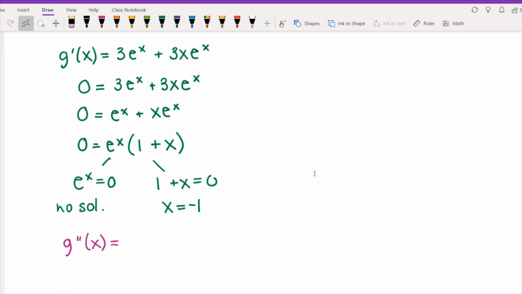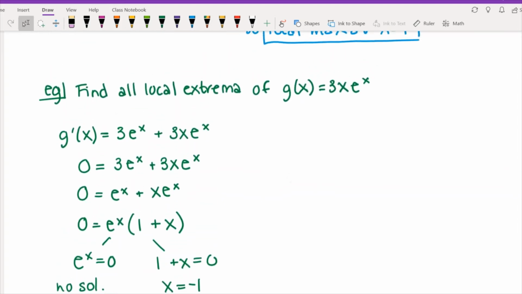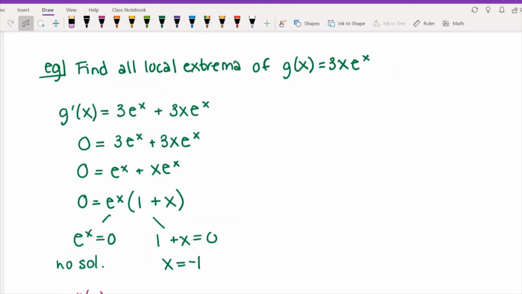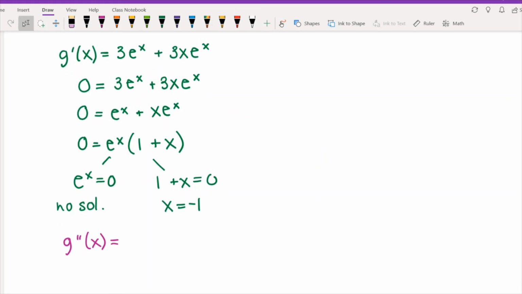So we did a derivative similar to this last time. We'll see again, I just think it's kind of interesting to point out that when you take a derivative of something that's kind of like x times e to the x, notice that here's our original function. And actually, when we took the derivative, that same original function popped up as part of it. And so there's kind of this pattern of repeating that happens every time you take a derivative. So when we take the derivative of this one, the first part is just 3e to the x,